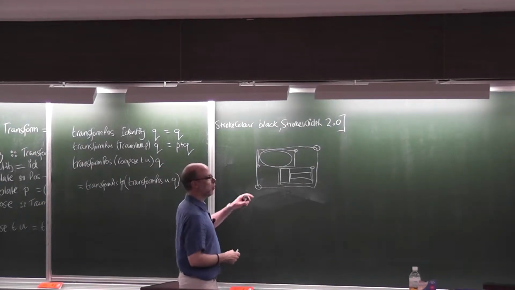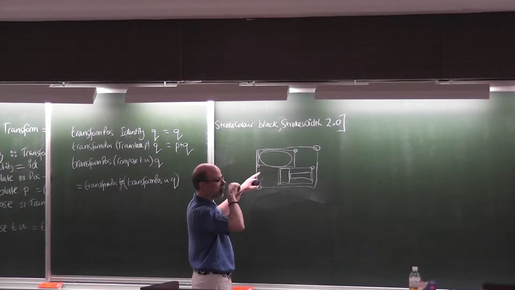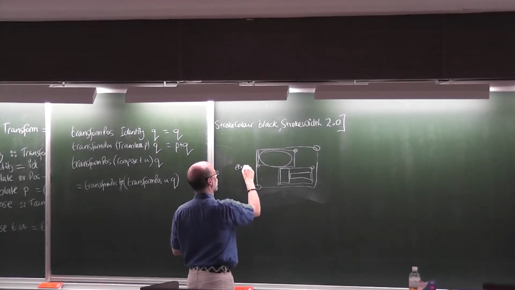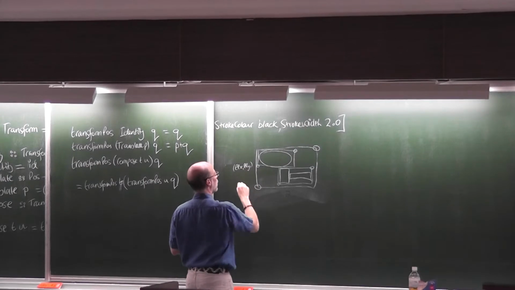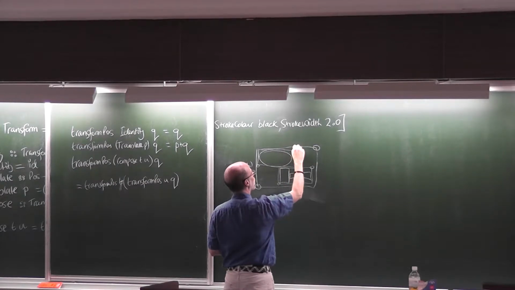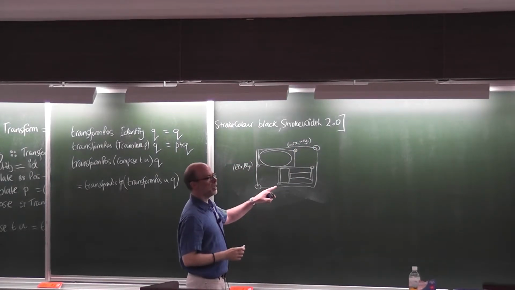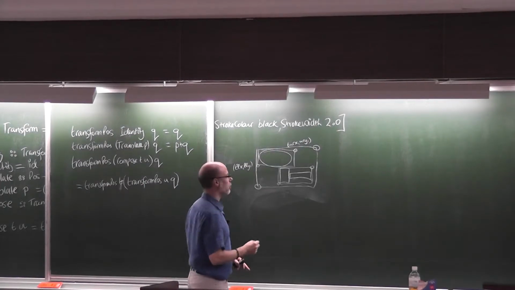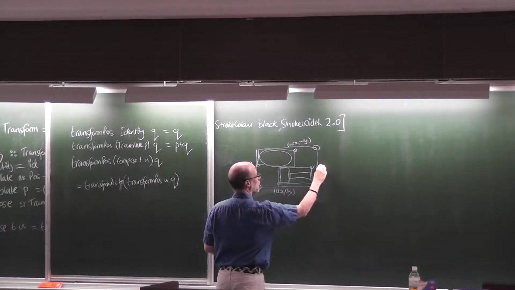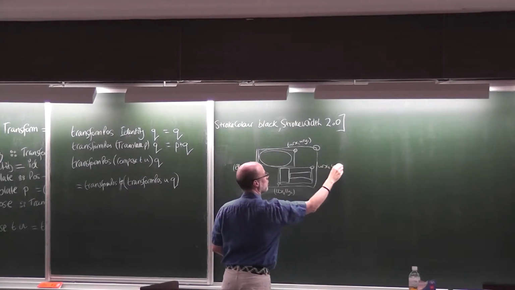Well, if the first rectangle is lower left x1, lower left y1, and upper right x1, upper right y1, and the second one is lower left x2, lower left y2, and upper right x2, upper right y2,